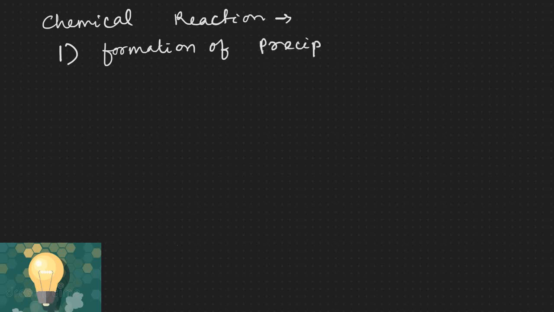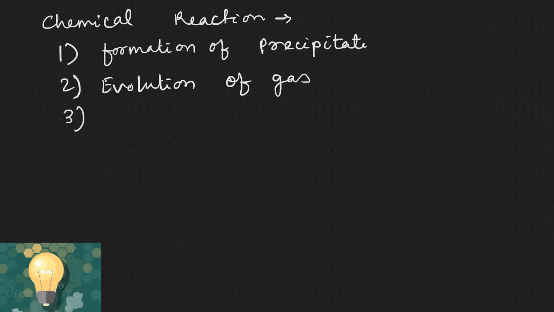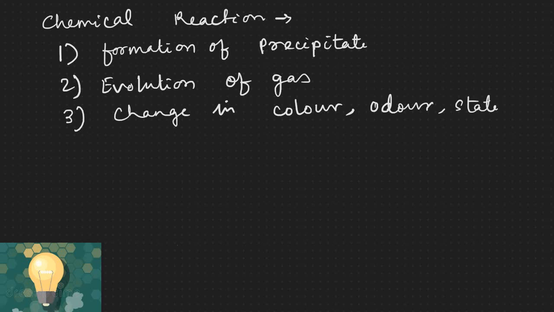You must know what a precipitate is, otherwise we will discuss it in following classes. Or there is evolution of gas, any kind of gas, smelly or non-smelly. Next, change in color, odor. Odor means smell. Change in state can also happen, same as in physical change, and change in temperature can also happen,